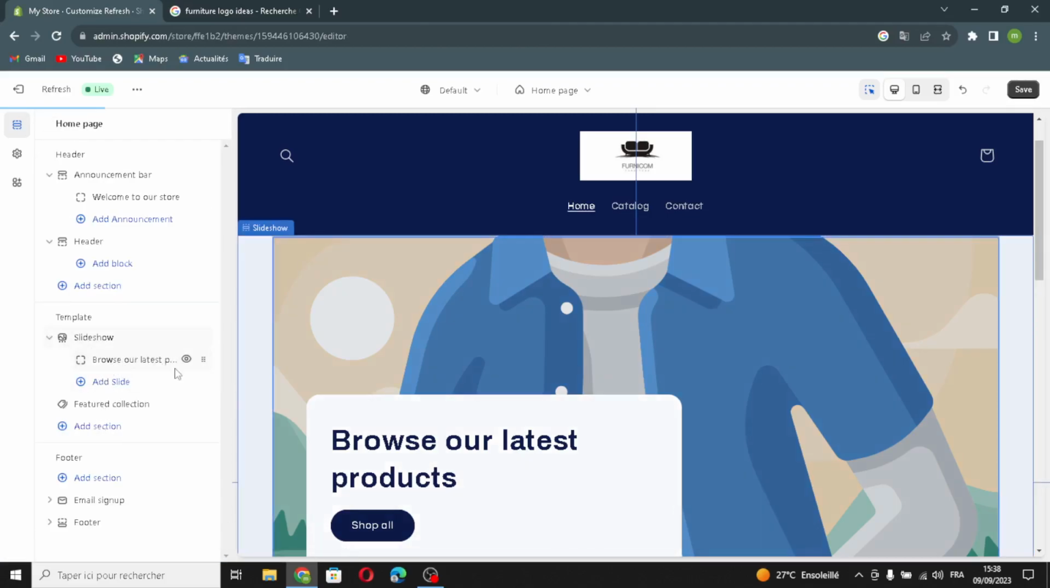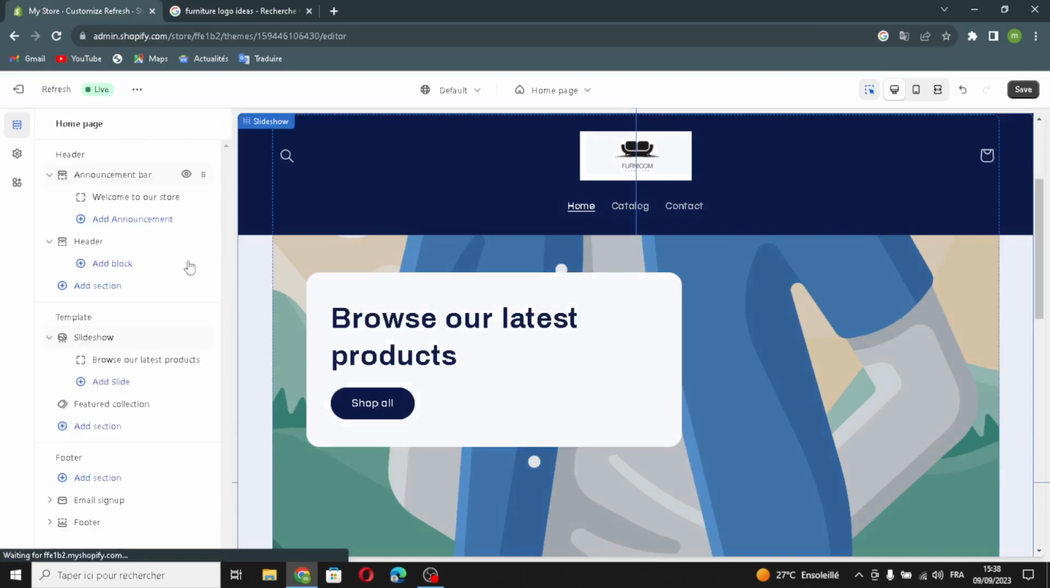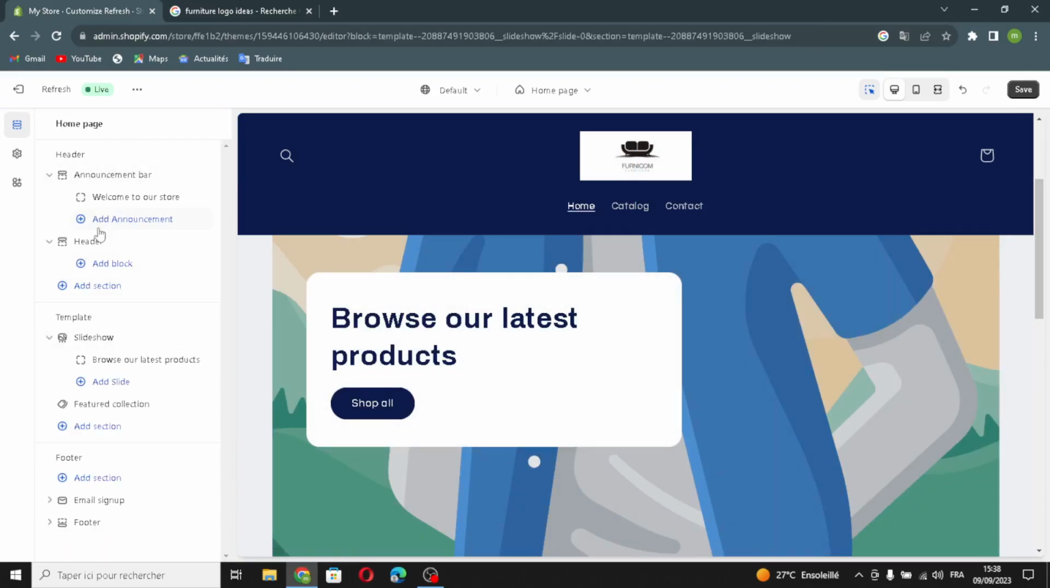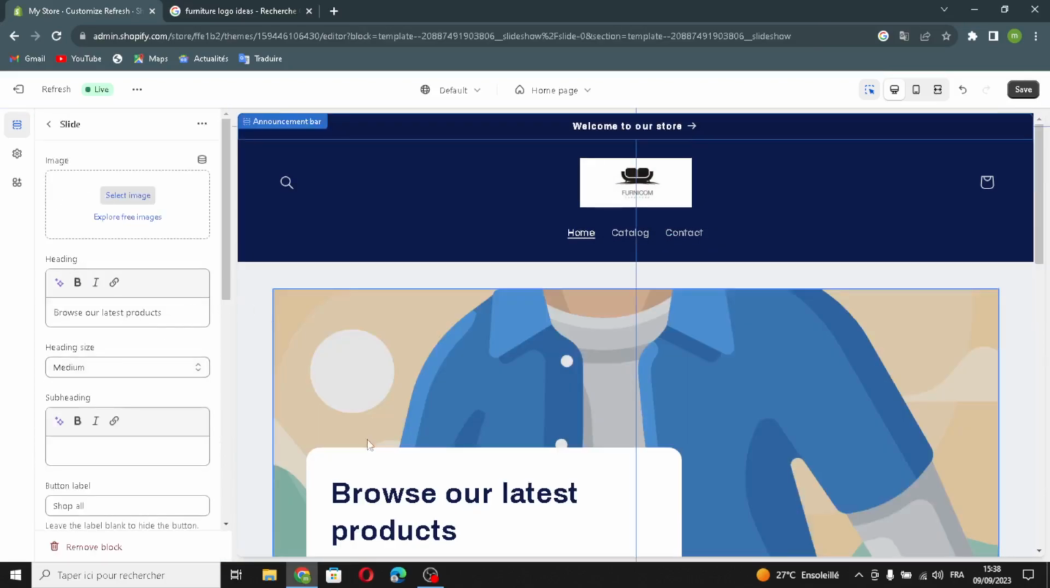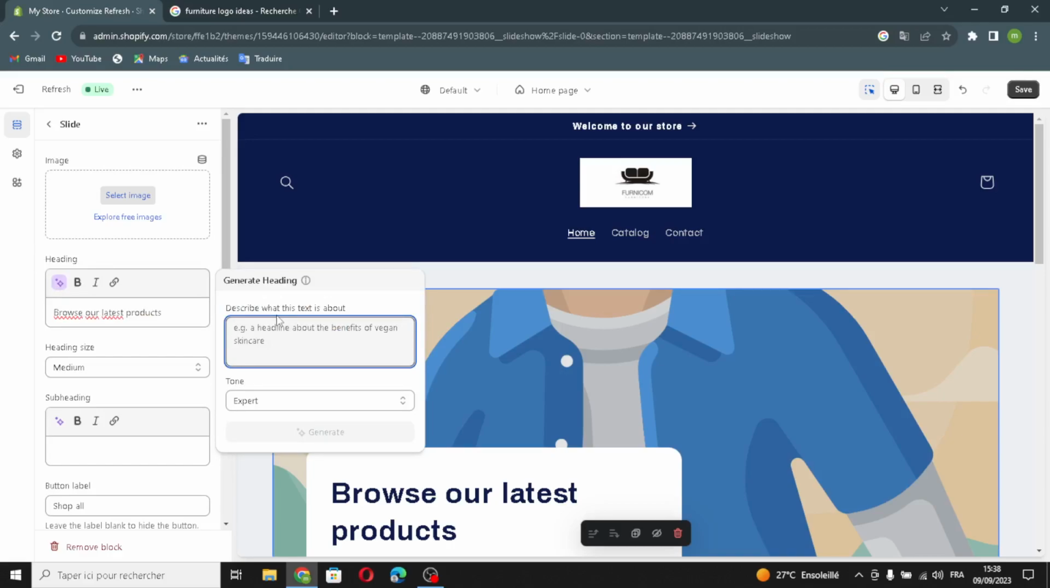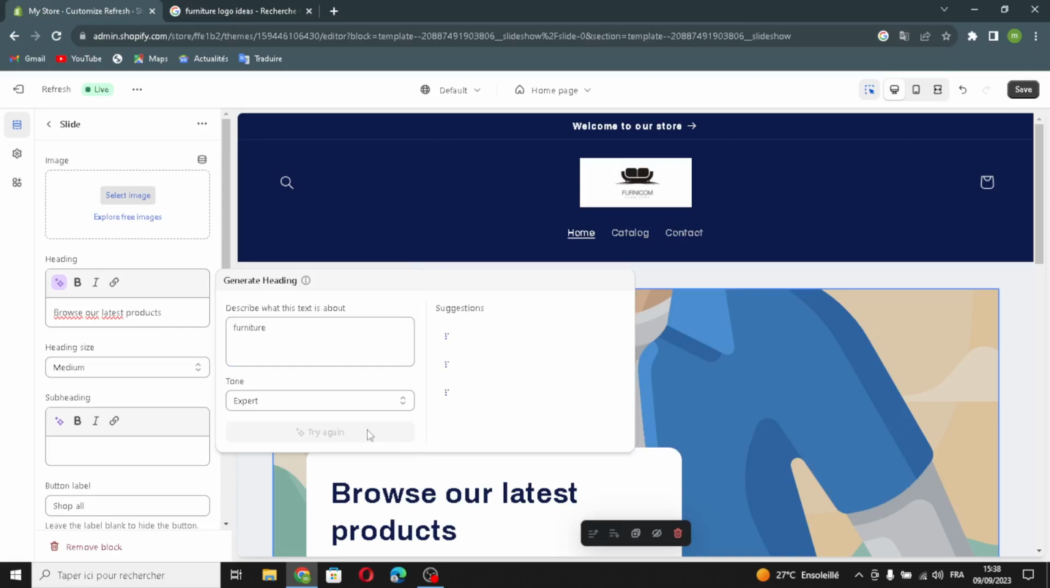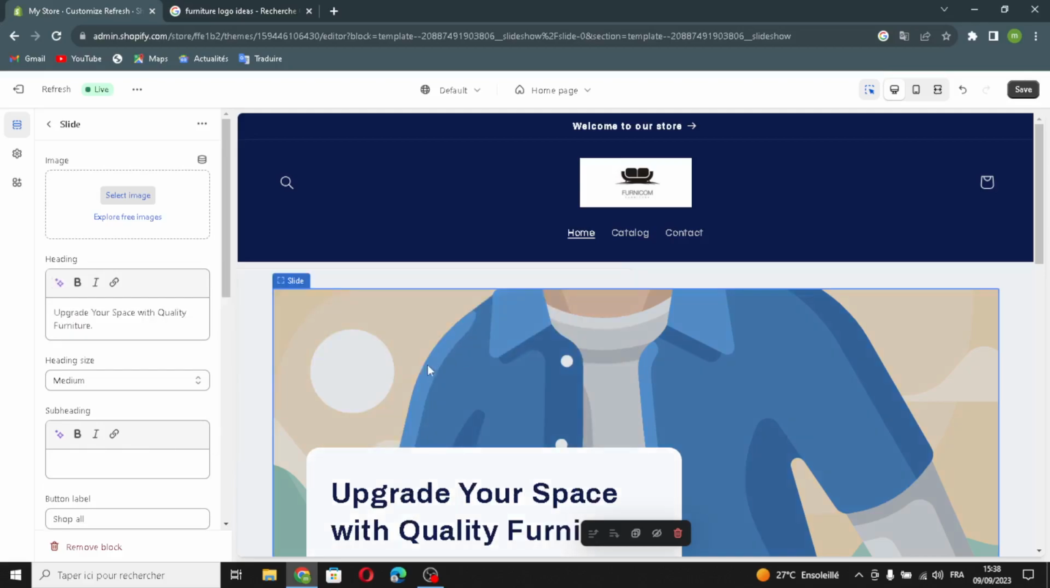Here browse your latest product. You can change the heading if you want. You can generate another heading, for example. Here you can describe what this text is about, for example furniture, and click here generate and wait to generate this. So for example this,